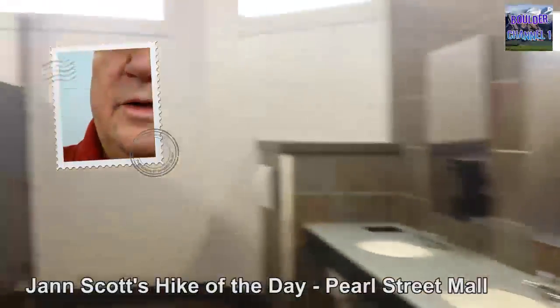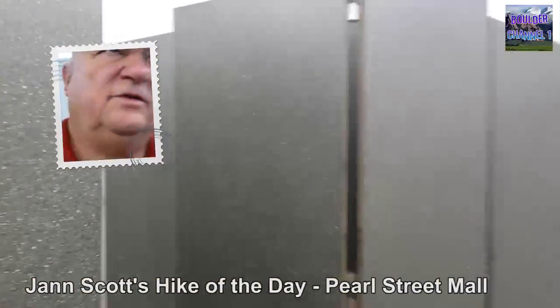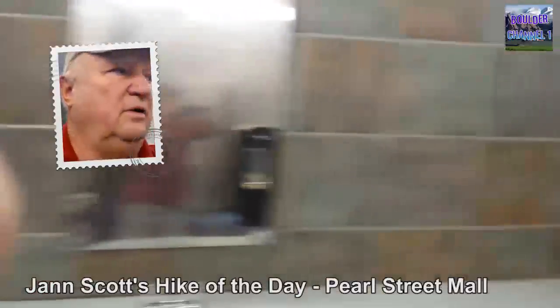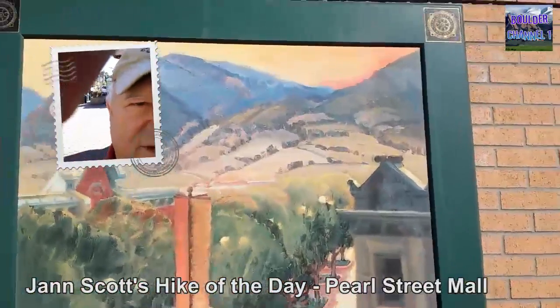Well, not so bad. They're pretty clean. Look at that. Yep, they actually cleaned up these restrooms in here. They look halfway decent. There you go. Good job, Boulder. Here's a beautiful painting on the side of the